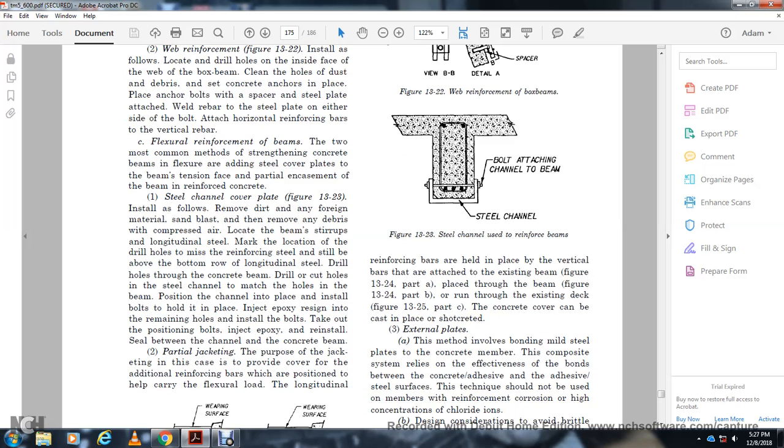Alright, 1. Steel channel with a covered plate, figure 1323. Shovel the floor to remove the dirt and any of the raw material of the land. Sandblast to remove any of the debris, and use compressed air. Locate the beam, stir with the longitudinal steel, mark the location of the drill hole with the reinforced steel, with the steel being above the bottom of the rod. Longitudinal drill hole with the concrete beam, drill the cut